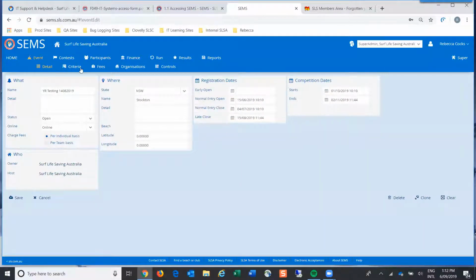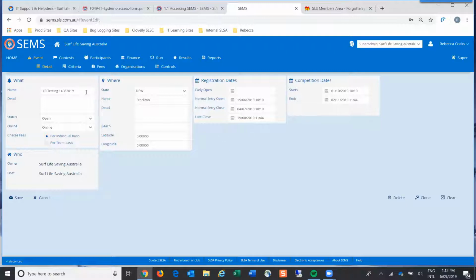you'll notice that I can now actually view details under event. There are 1, 2, 3, 4, 5 sub-tabs that open. Now, even though we own this carnival, you can actually see all this information. So if you're not sure what rules have been enforced in this event, then you can actually view this information. So you open up the event and the details of the event, okay?